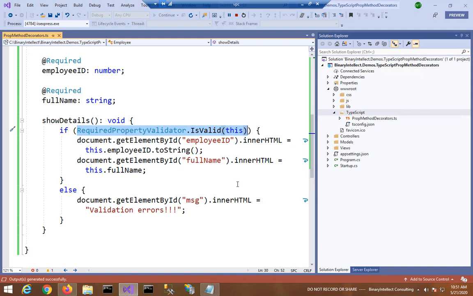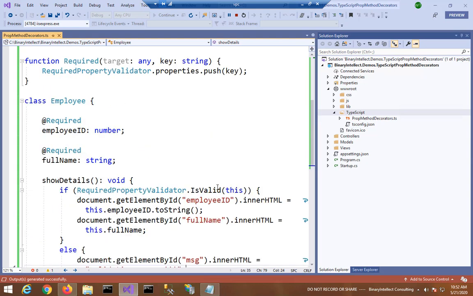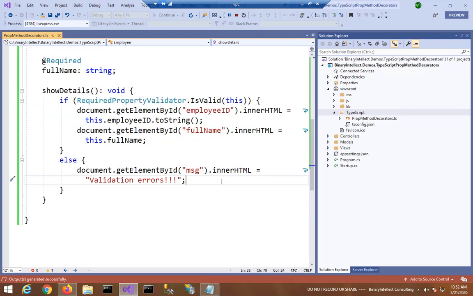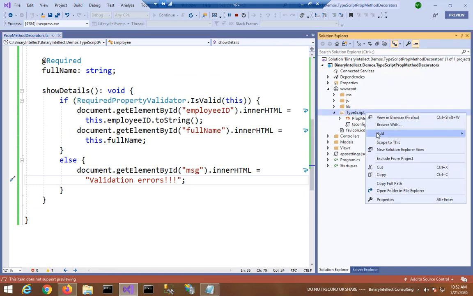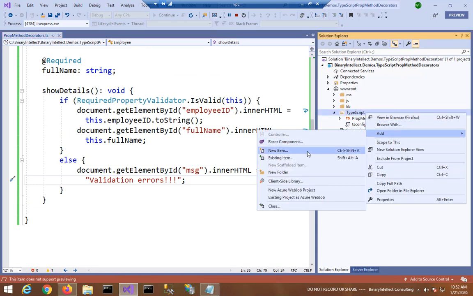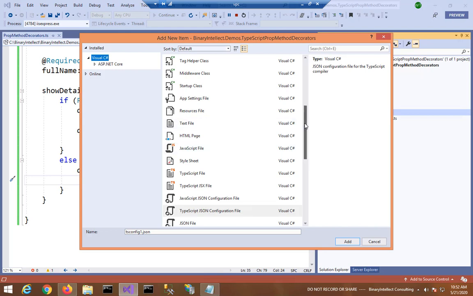If isValid returns true, you display the actual property values on the page. If any of the properties doesn't contain any value, isValid will return false, and a validation error message will be displayed on the page. Fine. So this happens in showDetails. Now let's test this code on some HTML page.